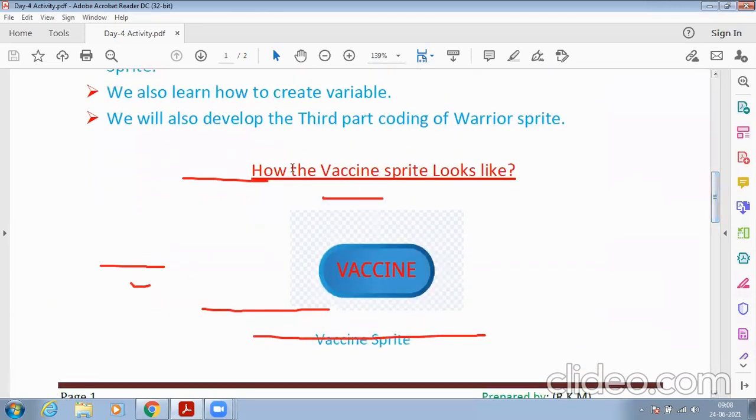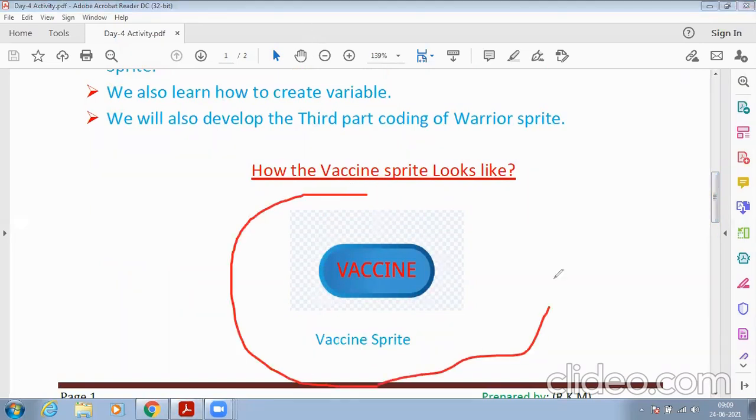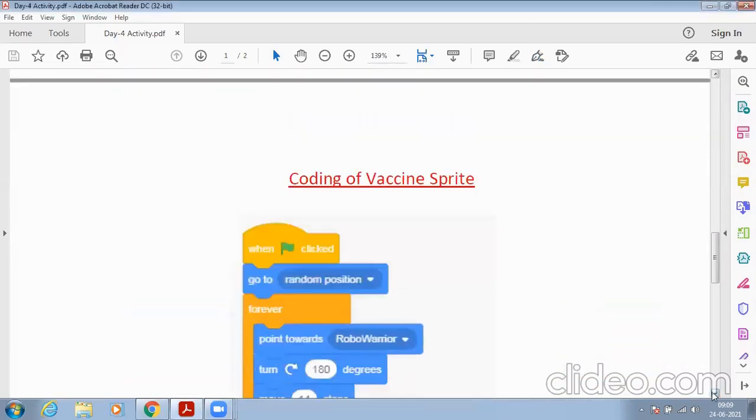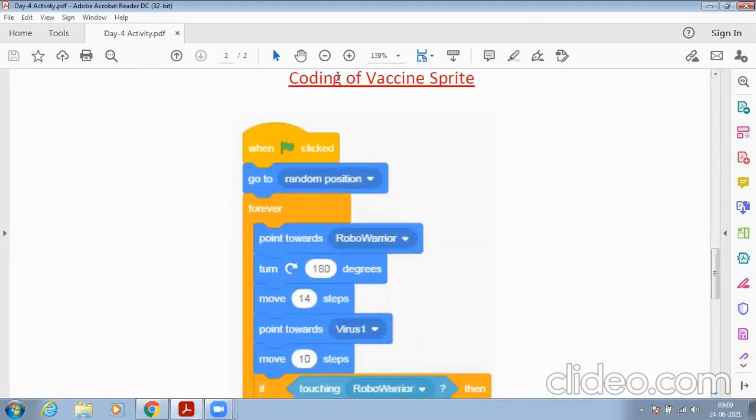So here, how the Vaccine Sprite looks like. Your Vaccine Sprite will look like this. You have to make it, just edit it by taking the sprite from the library. After that, here it is given the coding for Vaccine Sprite.